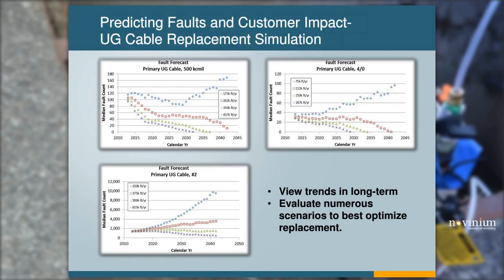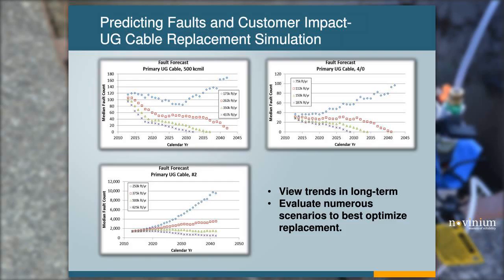The 500 is a little bit more interesting in that if we look at the faulting behavior and we were to pick the lower amount of cable replacement, that 175,000 feet, initially we'd probably think we're doing okay if we just want to maintain. We're maintaining and then we're slightly dropping. However, as you can look out into the future, you can see we'll reach a point where we have a lot of cable that's going to be coming of age and start to fault. And once that faulting picks up, that 175,000 feet cannot keep up with that cable. So again, from that standpoint, it's a replacement scenario that we would not favor.